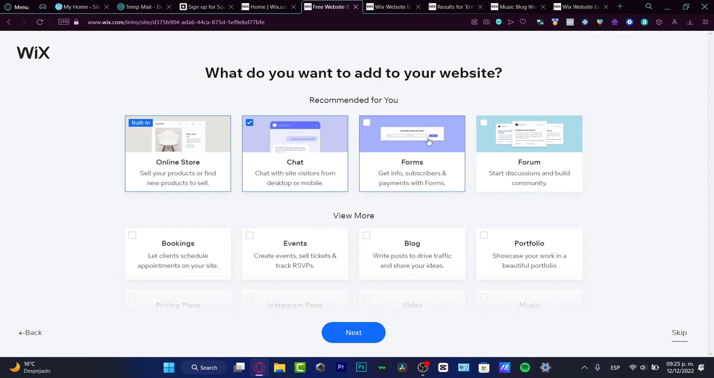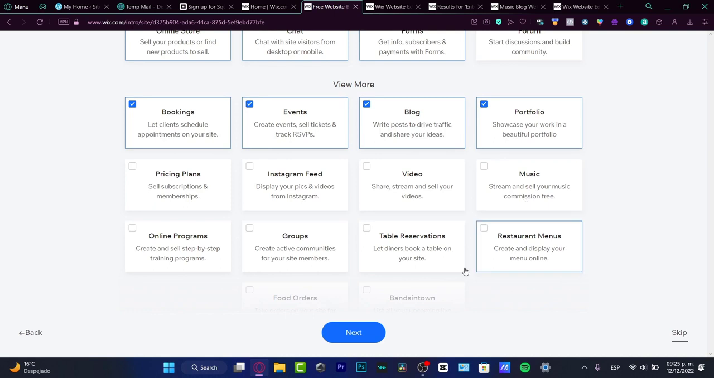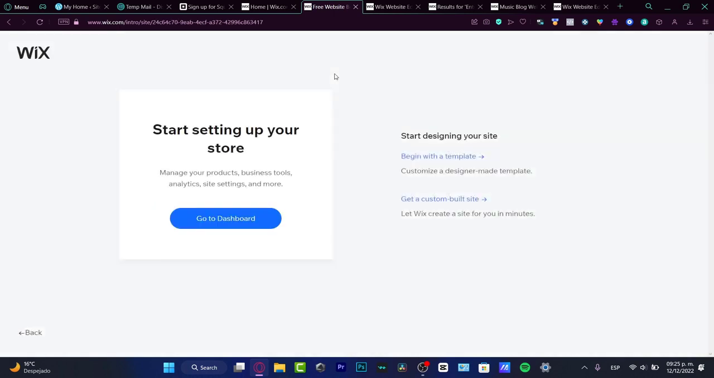So I want to choose the forms, so I can right away start to edit the forms inside my website. If I want to see more stuff, I can go into view more, and I can add, for example, bookings, events, blog, a portfolio, and go into next. Then after that, what's going to happen is that the store is going to be created already. So I just need to choose whether to choose a template or a custom built site that was created by